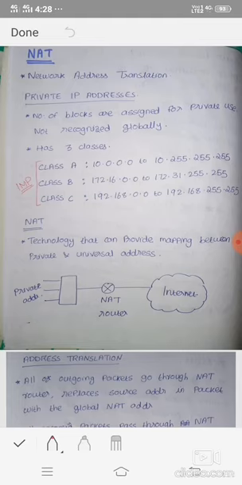Now let's see what NAT is. NAT is a technology that provides the mapping between the private and the universal address. Now let's see a figure which is a simple explanation of network address translation. Here we have a lot of private addresses, combined together and connected to the internet with the help of a router. So the private addresses are connected to the public or global world by using the NAT router.